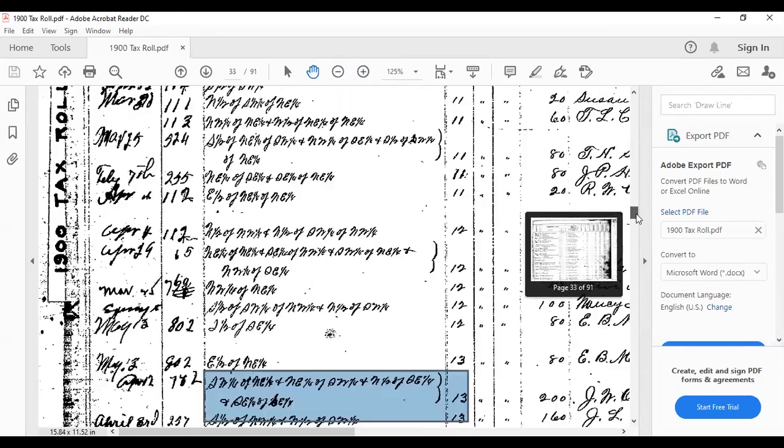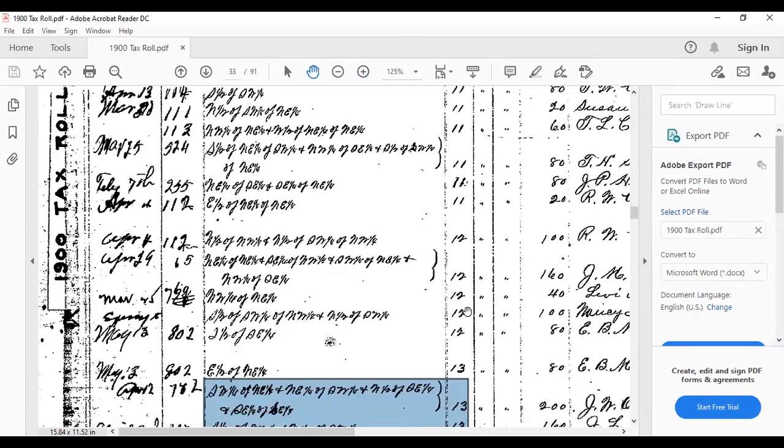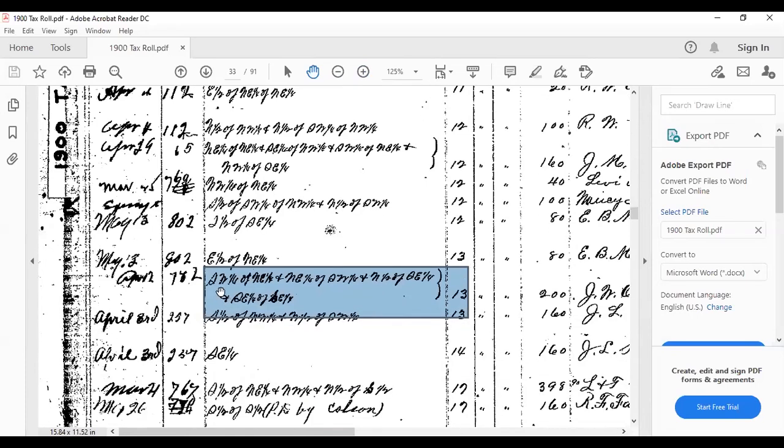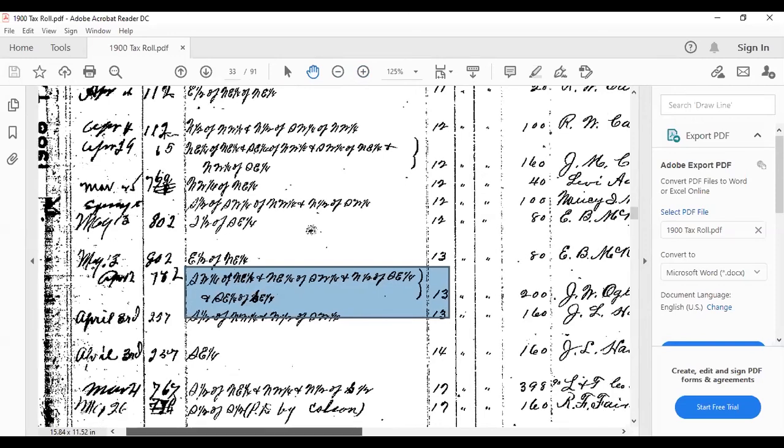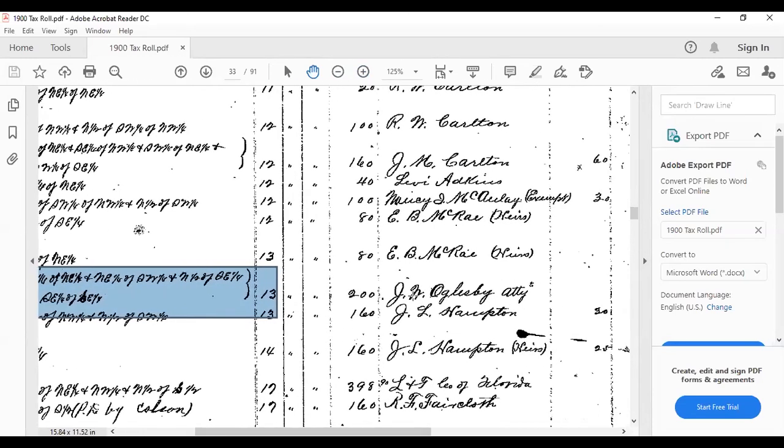So it looks like we've got another guy, sorry, this thing's jumping around, who owns the southwest quarter of the northeast quarter, the northeast quarter of the southwest quarter, the northern half of the southeast quarter, and the southeast quarter of the southeast quarter of Section 13 of Township 5 South, Range 7 East. It's this guy named J.W. Oglesby. Interesting, because J.W. Oglesby was actually the guy who built the South Georgia Railway into Perry.